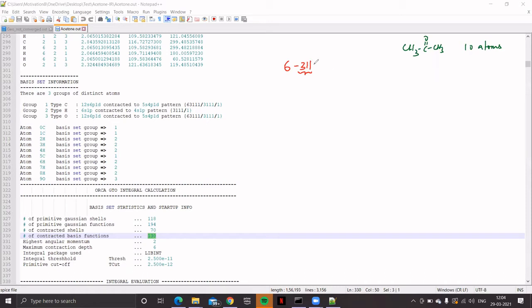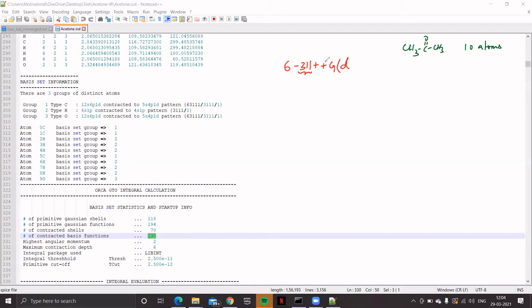And then we provide a diffuse function. If you have only one plus, that means you are providing a diffuse function for period 2 elements, that is carbon and oxygen. And if you provide another plus, it means you are providing a diffuse function for hydrogen also. And then if you write d in the bracket, it means you are providing a polarization function for period 2 elements, because with the help of this